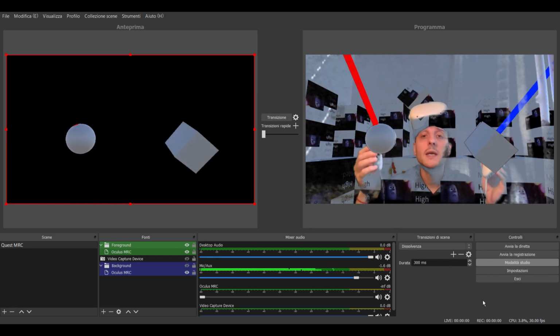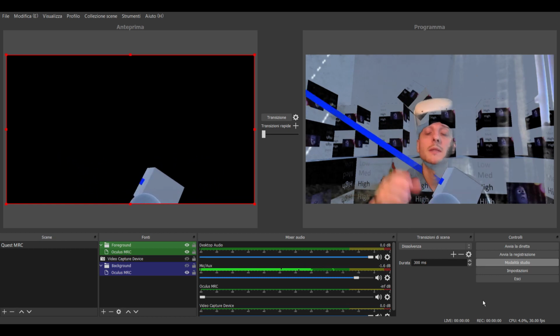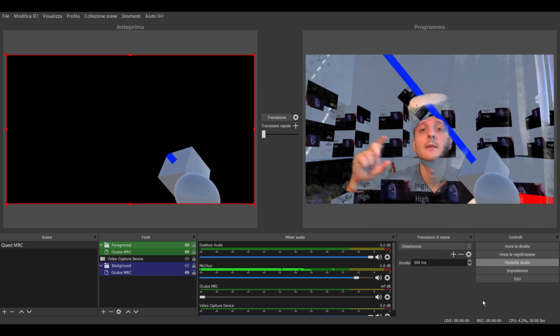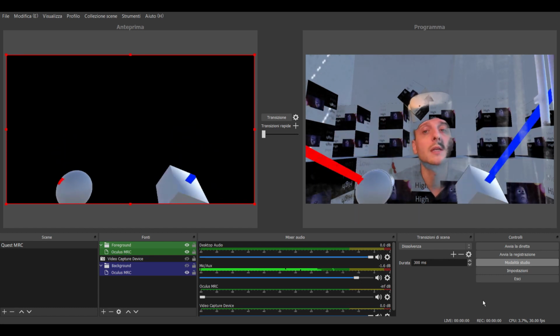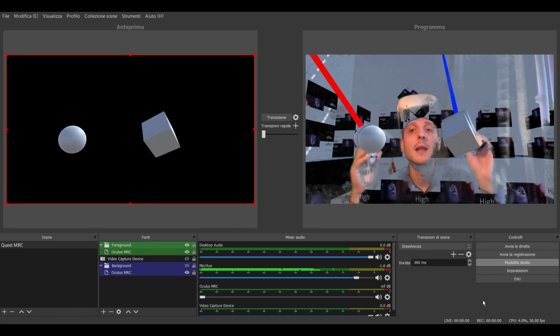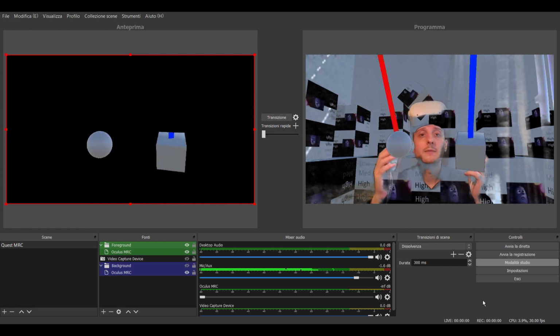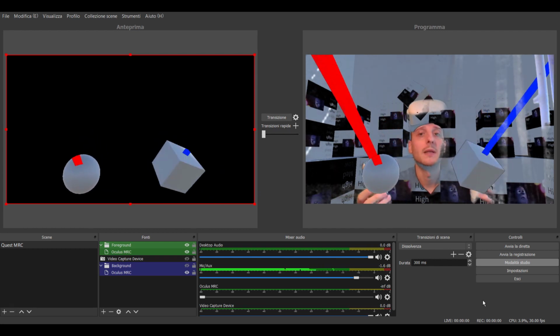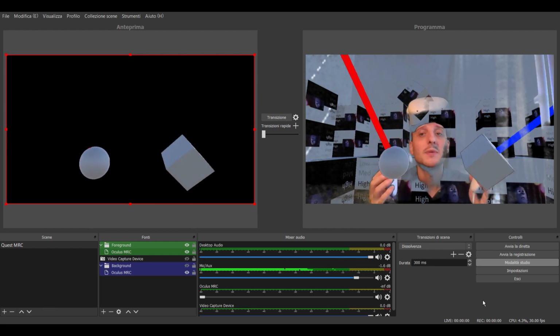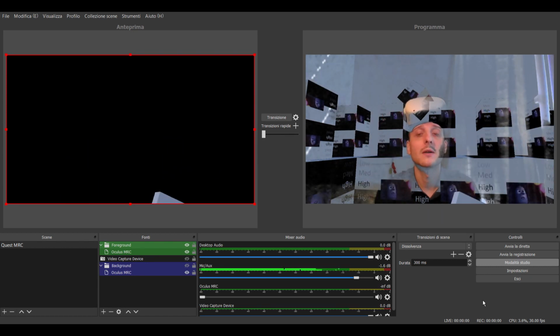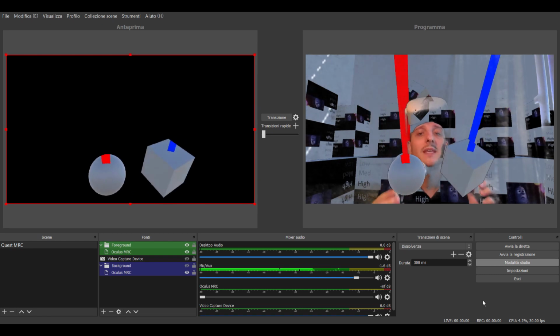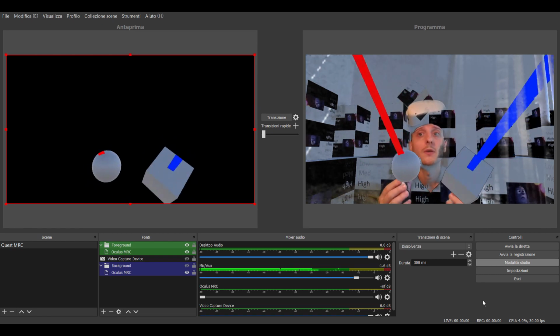In the OVR manager, you can see there is a parameter. If you expand the mixed reality capture parameters, it says what is the background color for the foreground camera. Usually it's green on PC and black on Quest. And why can this be a problem? Because if these objects are semi-transparent, on the Quest, on the mixed reality video, you see them